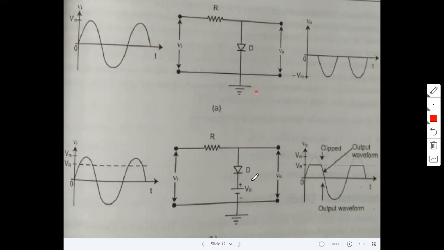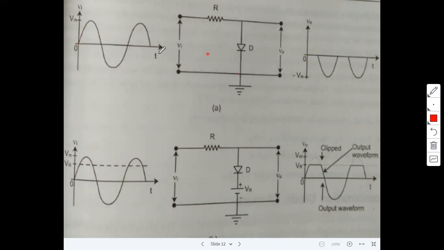Okay, here is another example of a shunt clipper. Observe here. It is a sinusoidal signal. For the entire positive cycle, diode D1 is on, an ideal diode. Diode D1 on means short circuit. Output is equal to 0. For the entire negative duration, during this duration, diode D is an open circuit.